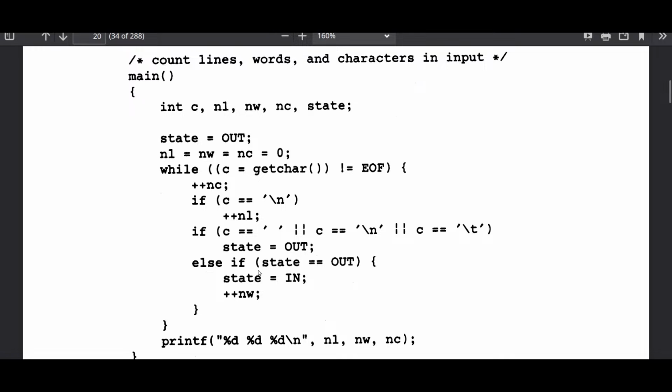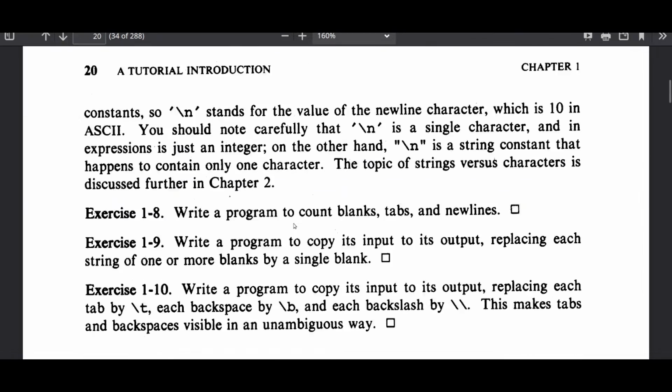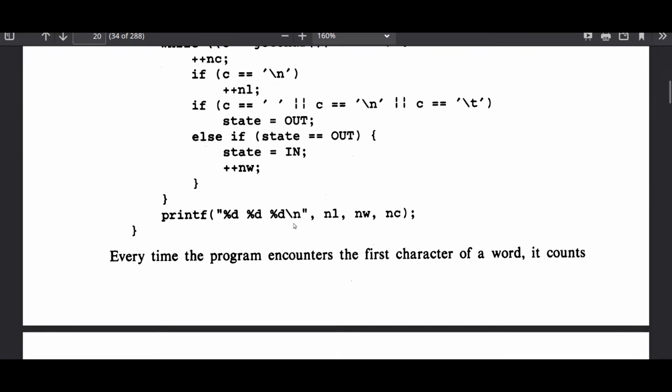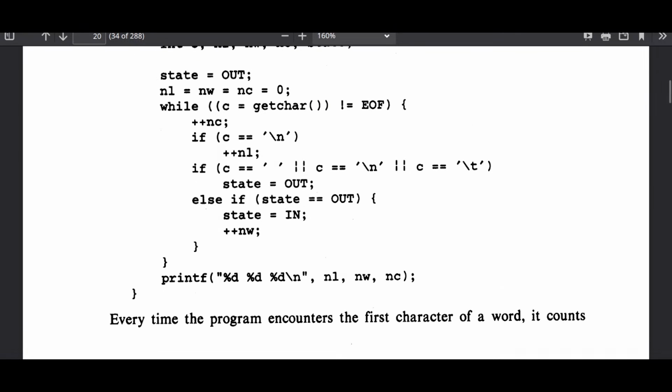Else, then if your state is out. Okay, so you're out of a word, and then when you're out of a word, you're in a word. So I'm out of a word, but then after being out of a word, I say that I'm in a word, and I add a new word. Okay. Yeah, that burns my brain. What does that mean? Okay, state equals out. I'm probably just going to stare at my screen for the next 2 hours going,